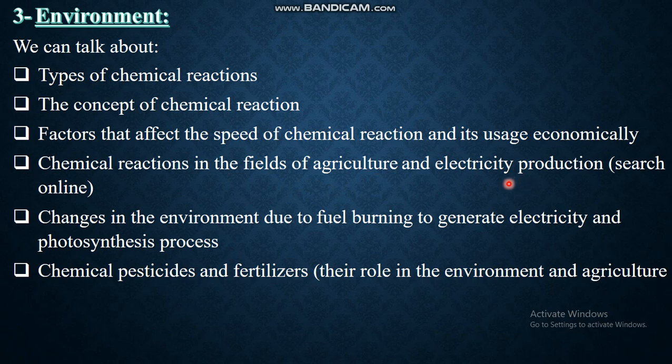We can search online on this. Listen to Unit 2, which talks about electricity production. Search online, or look at your book and listen to Unit 2. What is the role of chemical reaction in electricity production? This is in electrochemical cells, like the car battery or the dry cell used in mobile phones and in the remote control of a television or receiver. This is the role of chemical reaction in electricity production.